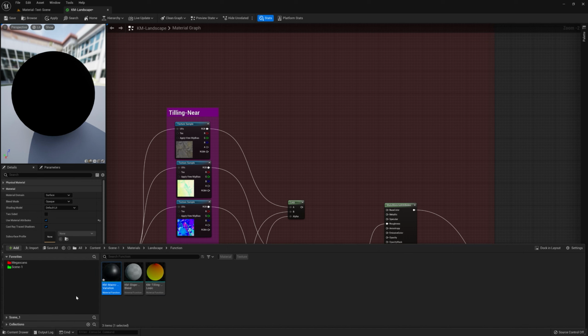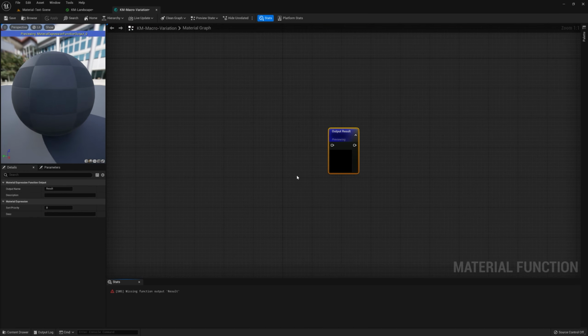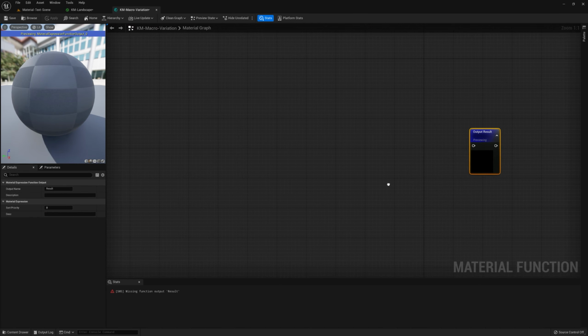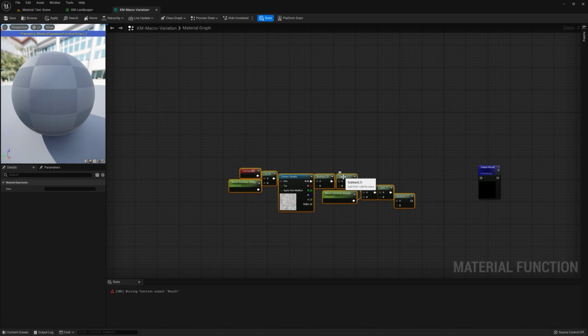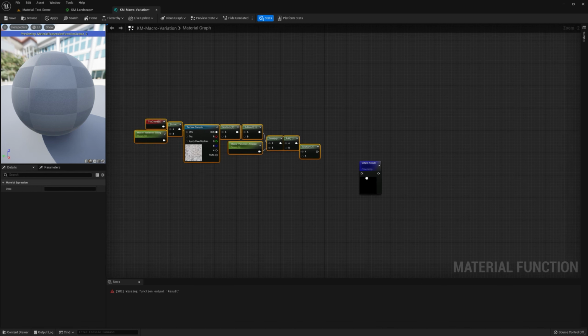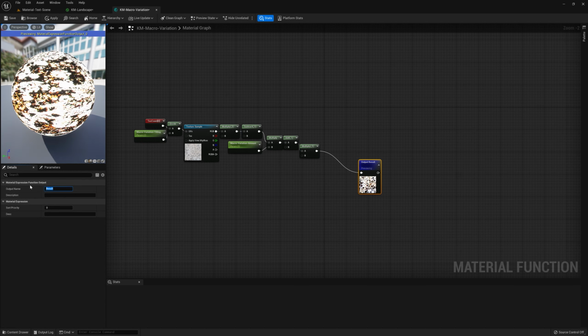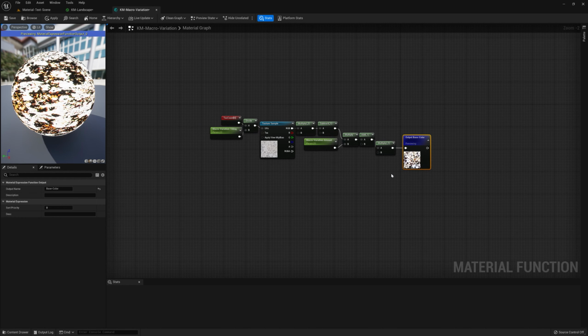There's some good reasons why I put things like this into a function. As you can see, I've got my output here. What I can simply do is left control and V, and it'll put the logic into here. I'm going to drag the multiply to the output. On the output, I'm going to call this base color, as it is meant for the base color. You can leave the set priority to 0. Drag that there. Like I was saying, the good reasons for this being a function, like if you have a